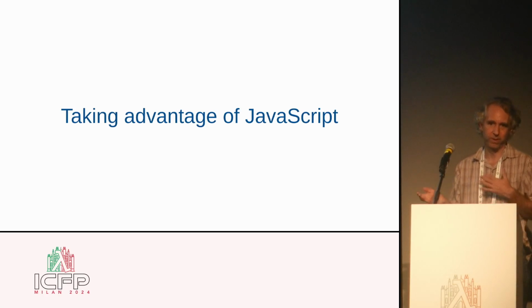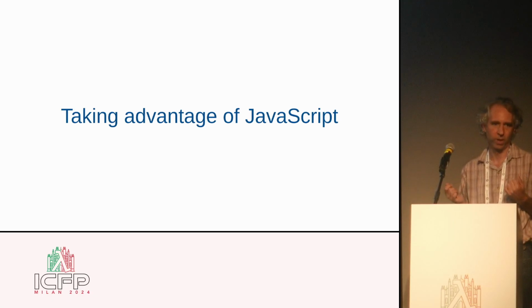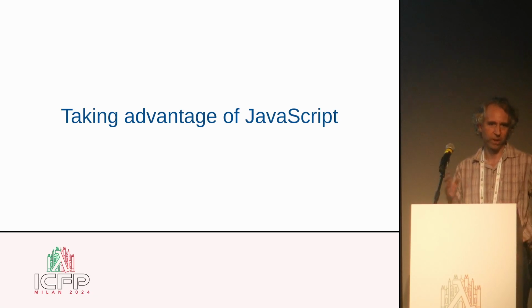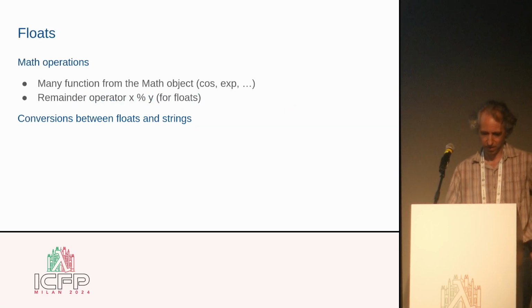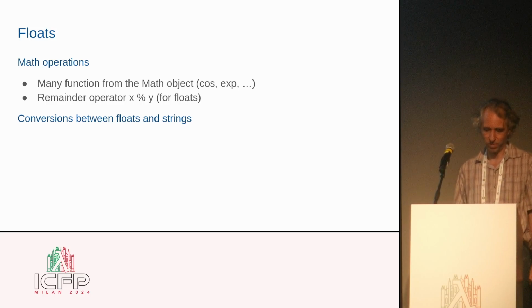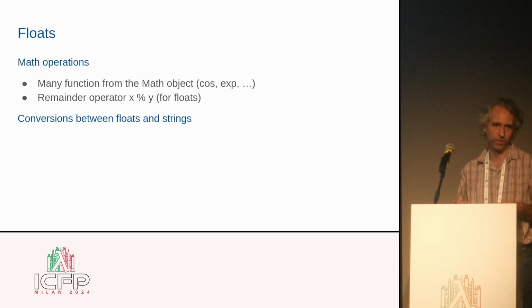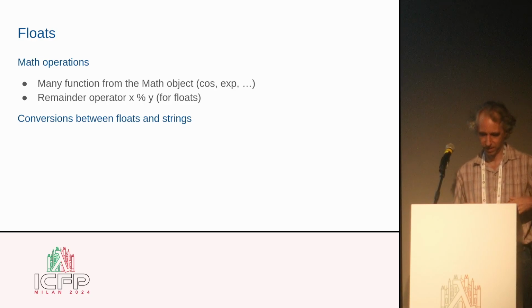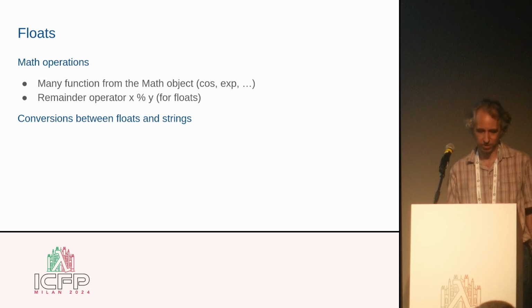There are some features that are not available in WASM, which are needed for implementing the OCaml runtime. And I have used JavaScript for that. So first, many mathematical functions are not available natively in WASM. So you can implement them in WASM, but it's simpler and probably faster to just import them from JavaScript. And the conversions between floats and strings are tricky to implement, and I'm just reusing the JavaScript implementation.